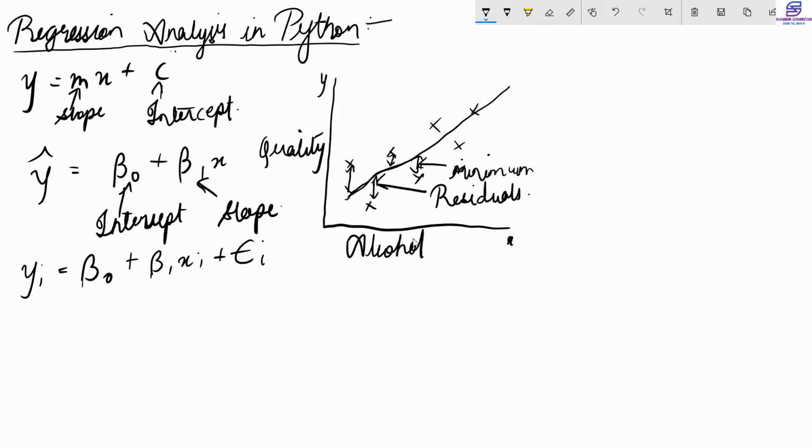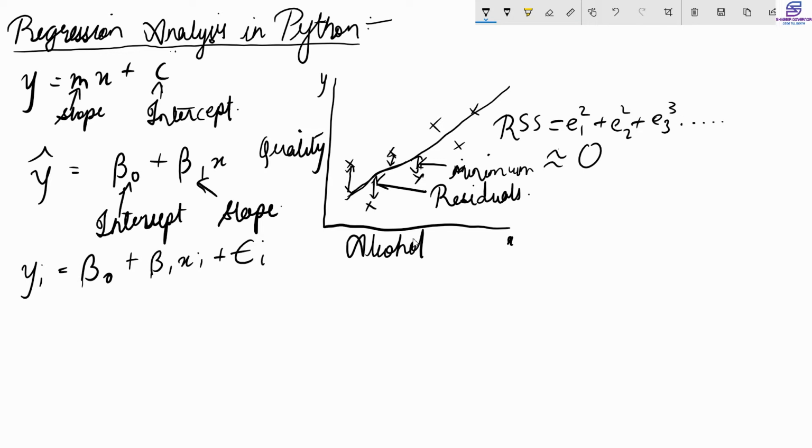We have another concept here, that is RSS, which stands for residual sum of squares of all the residuals. So we can say that RSS is equal to e1 square plus e2 square plus e3 square, up till all the residuals are added. You should also note that since this regression line is optimally fit, when you add all these residuals you should get a value very close to 0. If it is very close to 0, that means the regression line is fitted properly.